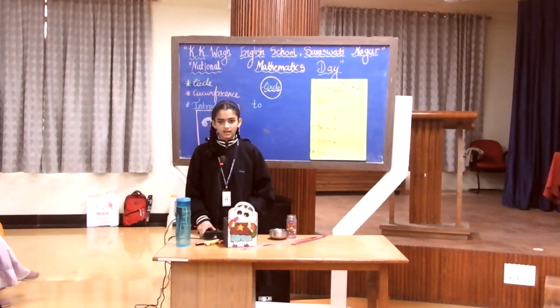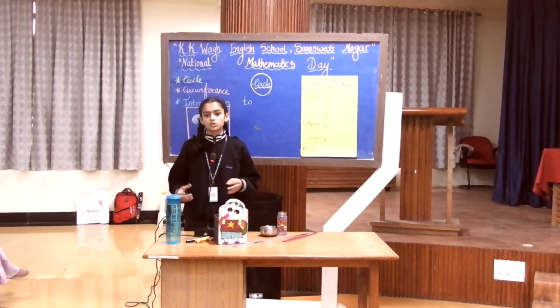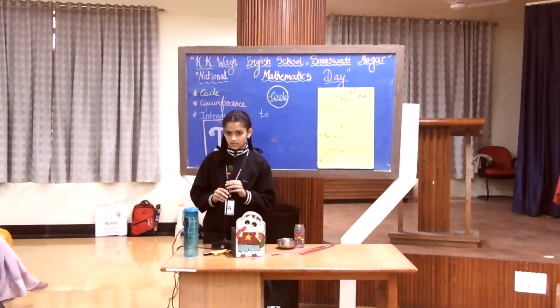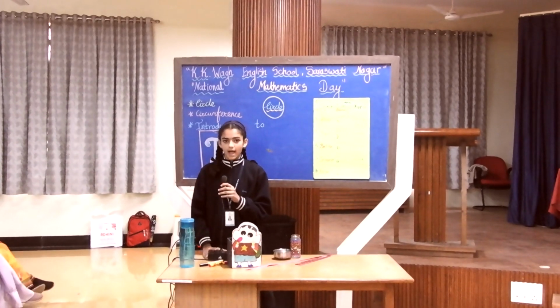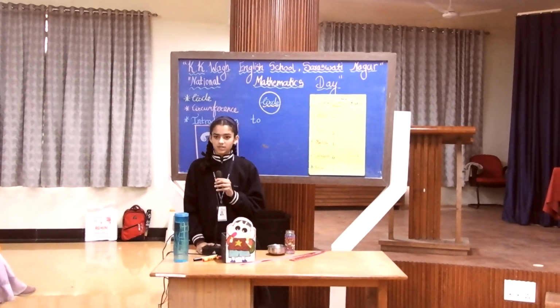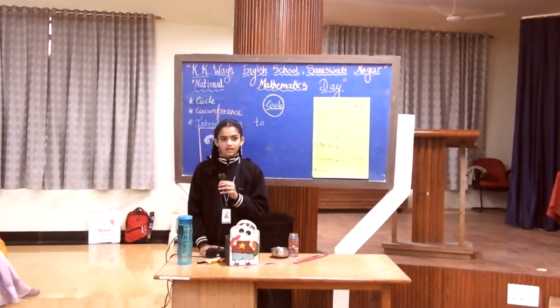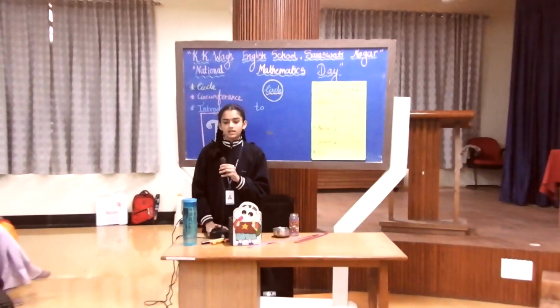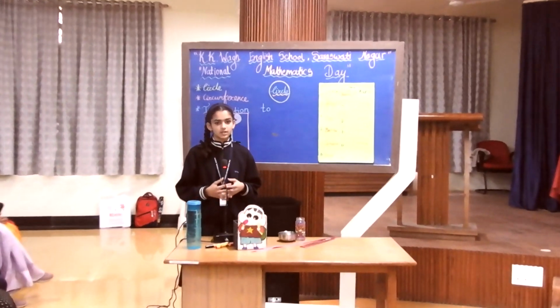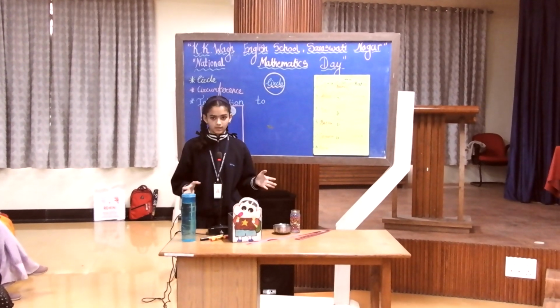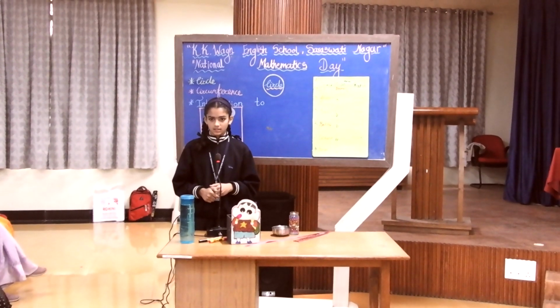Today I am here to explain the basics of circular geometry and the simplest topic, that is a circle. But before starting my topic, I would like to wish everyone a very happy Maths Day. Now I would like to turn to my topic. A circle is a two-dimensional closed geometrical figure having no vertex, and its measure is 360 degrees.